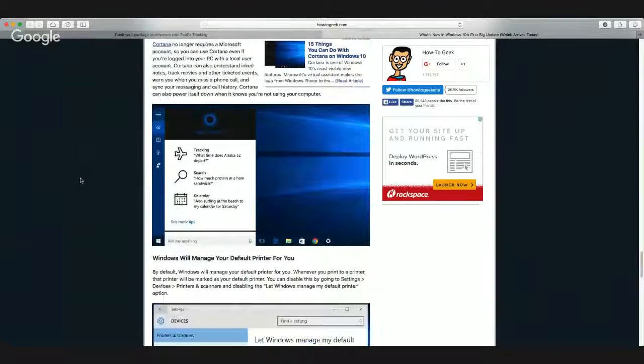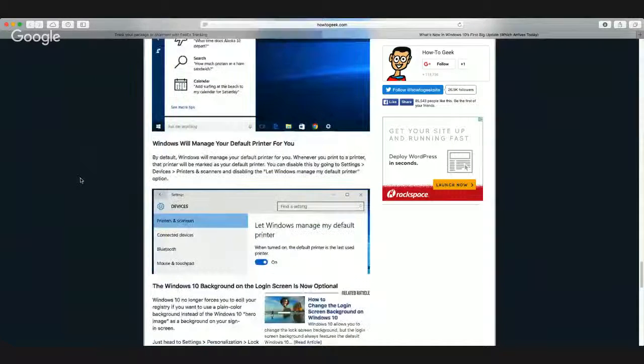Windows will manage your default printer better. By default, Windows, whether you print from a printer that